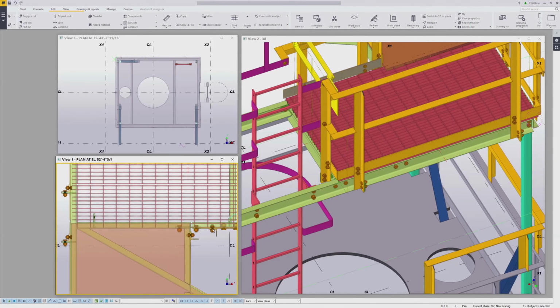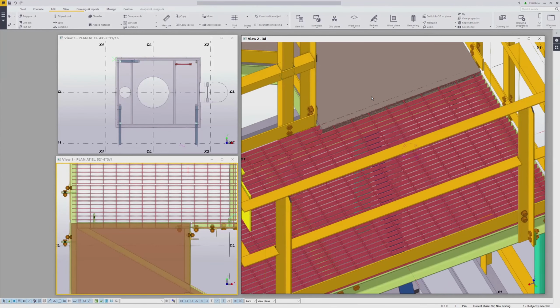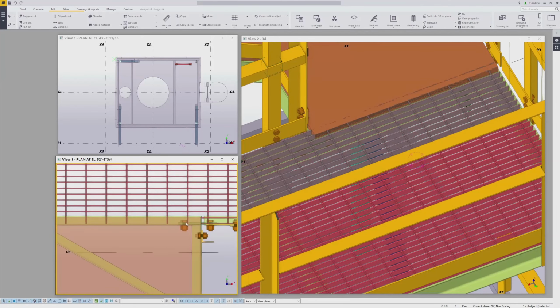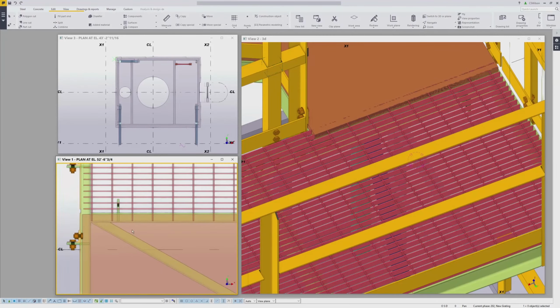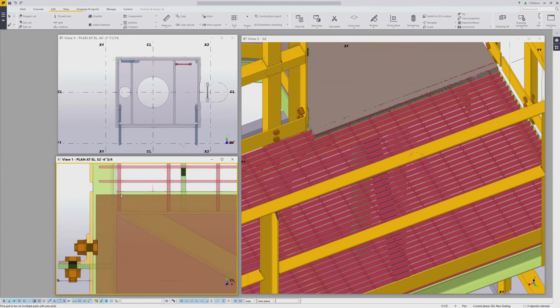And then I can see here that I need to trim this corner, this area right here, because it interferes with the existing grating. So the way that I'll do that is we'll pick polygon cut. I can go back to my nearest bearing bar, which is here,